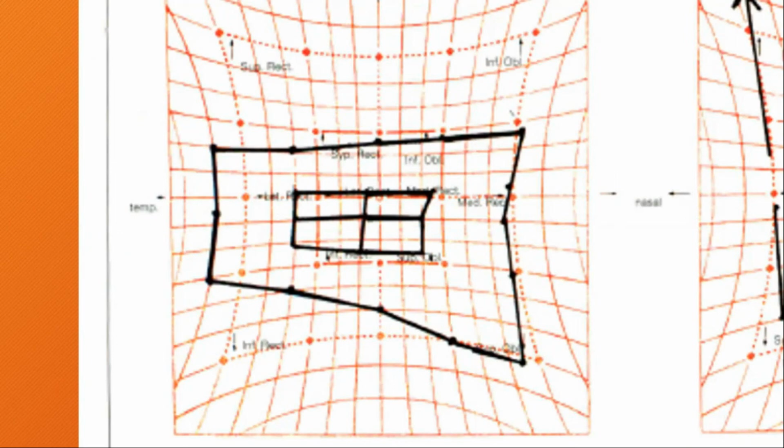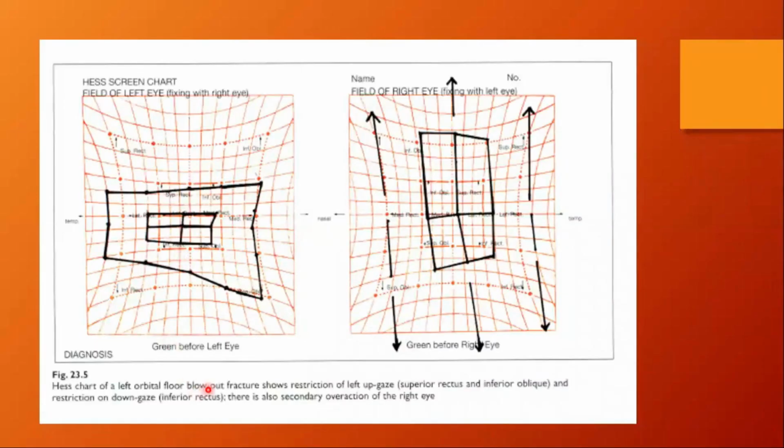Yes. So this is from Kansky, as you know. So this is a case of blowout fracture. So we know when the inferior rectus is entrapped, there is damage to the inferior rectus, so we will get limitation in down gaze and limitation in up gaze, and that's why we have limitation in both gazes, and we have a hypotropia in the primary position. And in the chart of the right eye, there is overaction of the contralateral muscles. Because elevation and depression are affected, we have here overaction in elevators and depressors.